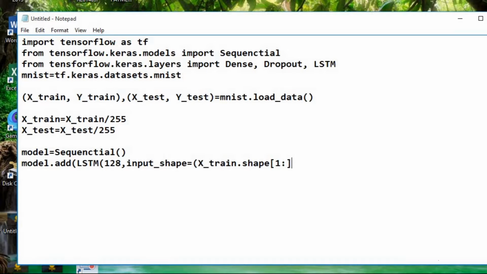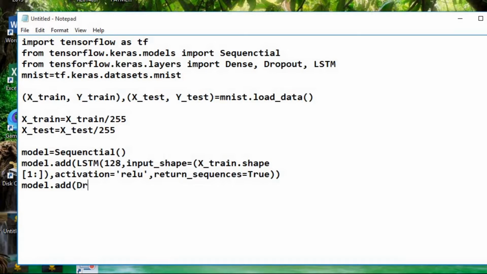So we are configuring the model. We have included Sequential, and then we are going to add an LSTM layer with respect to input shape and activation function rectified linear unit, ReLU. All the sequences are to be returned, so we are setting this property to true. Next, whatever output we get, we add one dropout layer here.